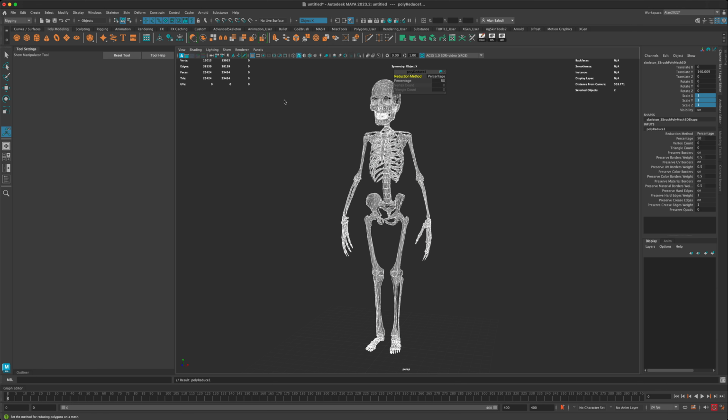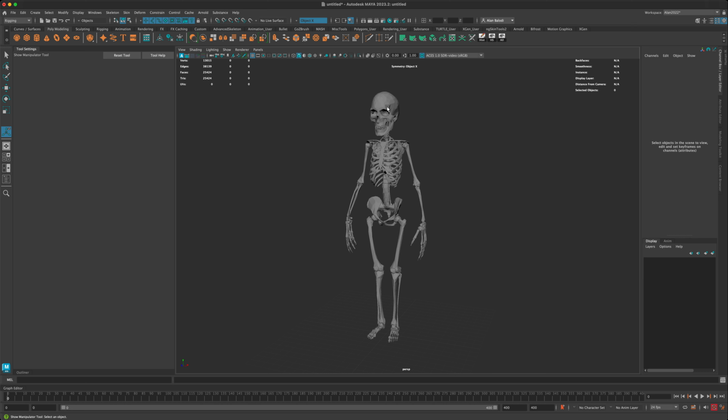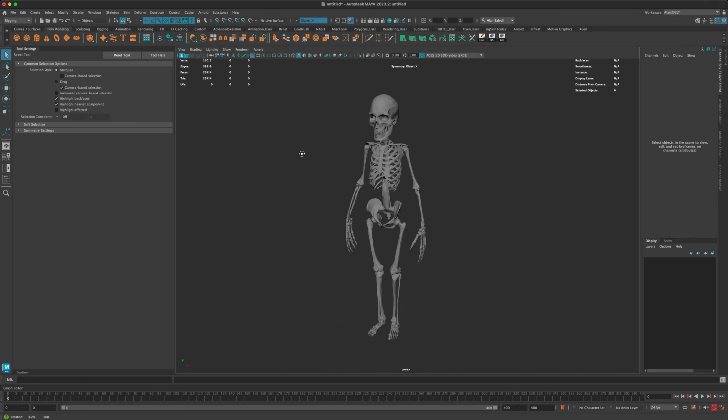And once I do, you can see that the percentage by which it reduced is 50%. And now if I look at my faces and my tris, because he's mostly built out of triangles, it's 25,000 instead of 50,000. And I think it's going to be a little better for us for animation. So I'm going to leave it at that. And next, what I would like to do